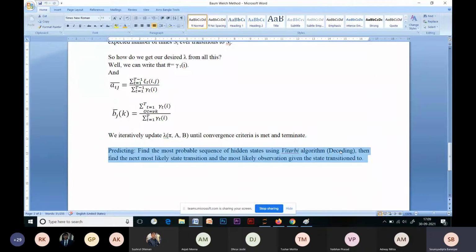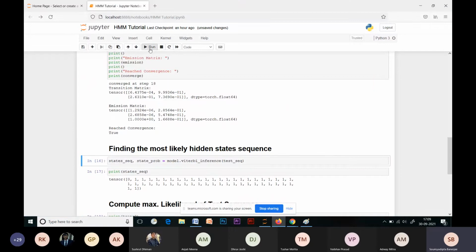So if we find the sequence of hidden states, we run it here. As you can see, the state sequence stores the sequence of the hidden states that the model has traversed through, and it runs the Viterbi inference by passing the test sequence.